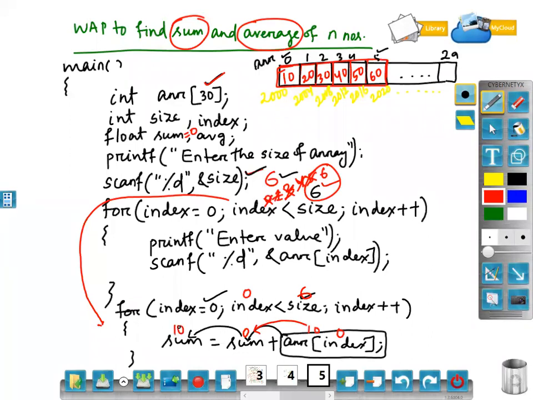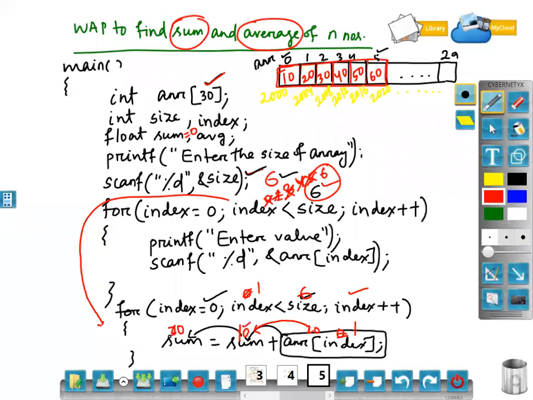After that, index plus plus, so 0 will become 1. 1 less than 6, true. Now coming inside, sum is now 10 and you are adding the value of array of 1. What is array of 1? 20. 20 will be added with 10 and the value will be updated as 30.